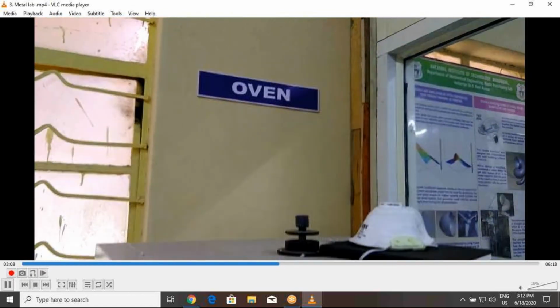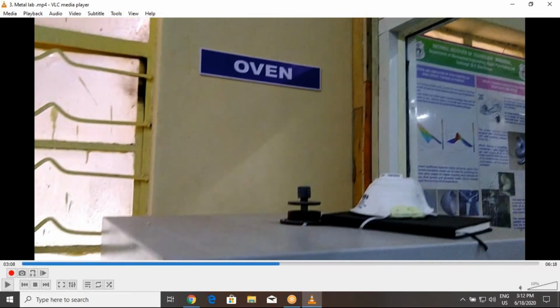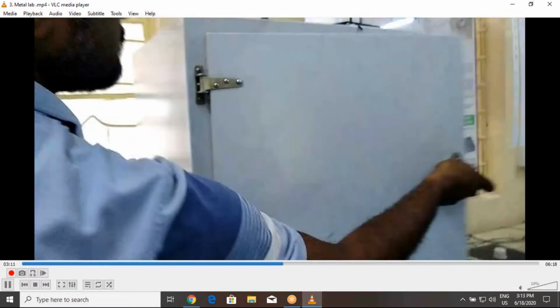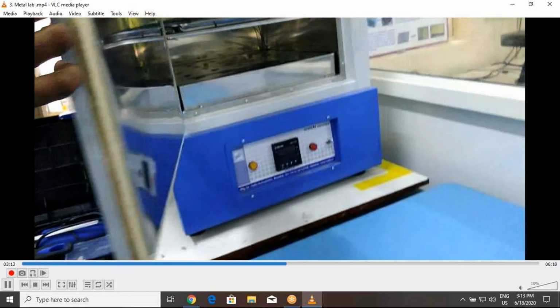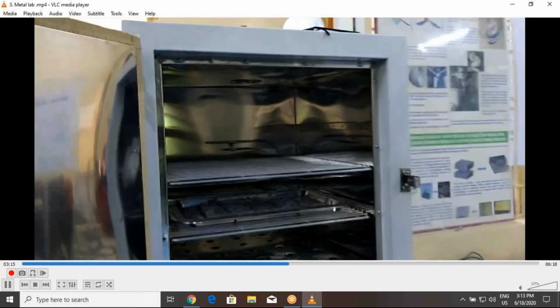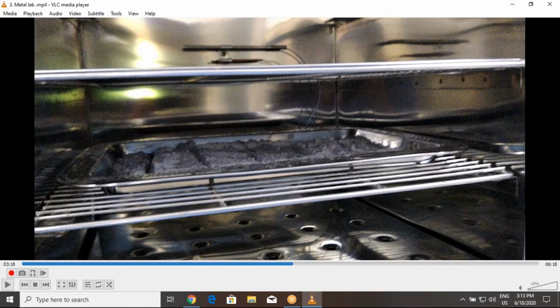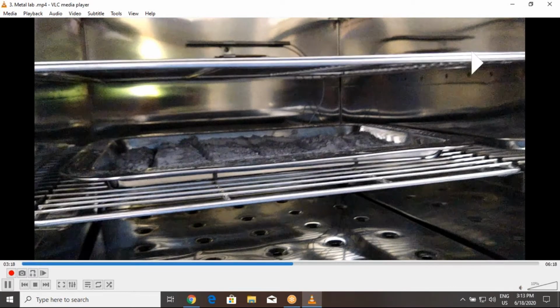And this is an oven. The main purpose of the oven is this: we have already sieved the powder with the sieve shaker. That powder we need to place in an oven to avoid moisture attack. When you are reusing powder in the DMP Flex machine, we want to keep that powder in an oven for 12 hours at 80 degrees temperature.